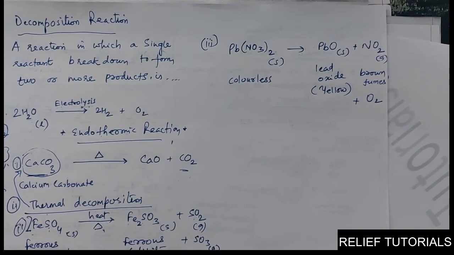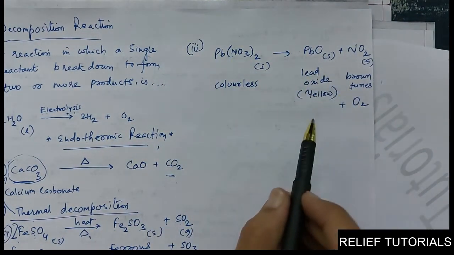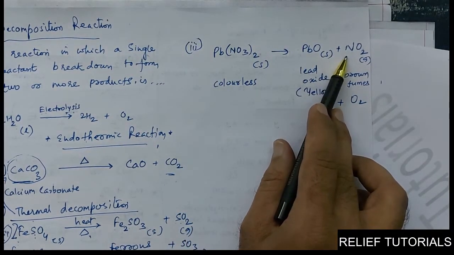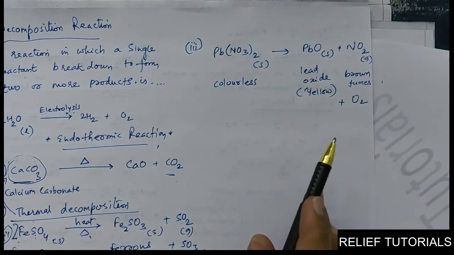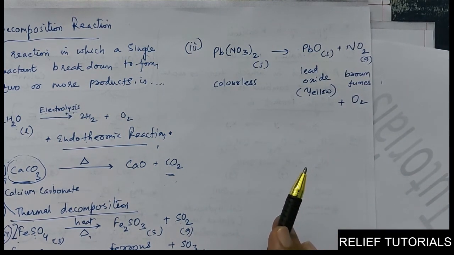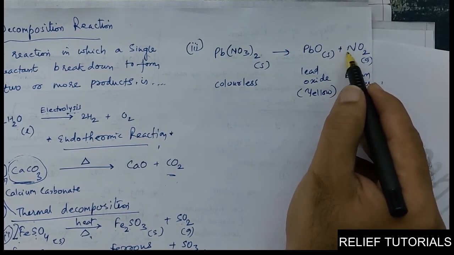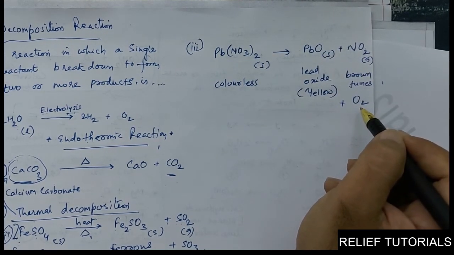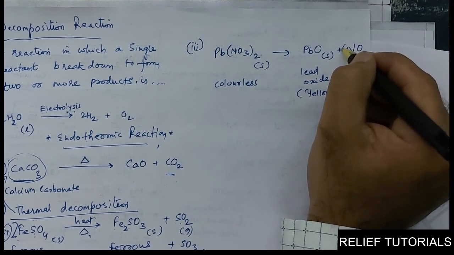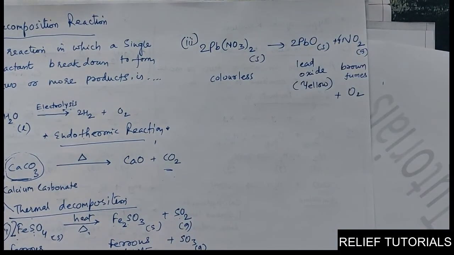The examples we are studying are about decomposition. This is again the lead nitrate example. If you write, these nitrogens are 2, here nitrogen is 1. One more thing, oxygen. How many oxygens are there? 3 times 2, 6 oxygens are here, and here 1, 2, 3, 4, 5 oxygens. You have to make it balanced. Nitrogens are only 1 here, so you can initially write 2 here. But if you write 2 here, oxygen will be 4 plus 1, 5 plus 2, 7, so it will make an odd number. So you just write 4 here, so that an even number can be obtained. Here you can write 2, here you can write 2. I think it is balanced.